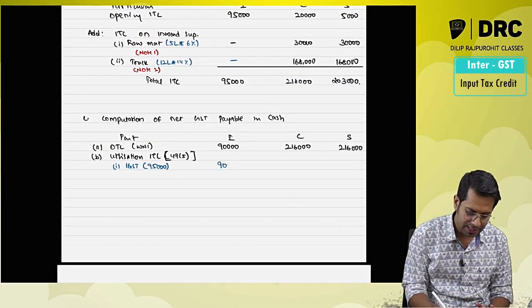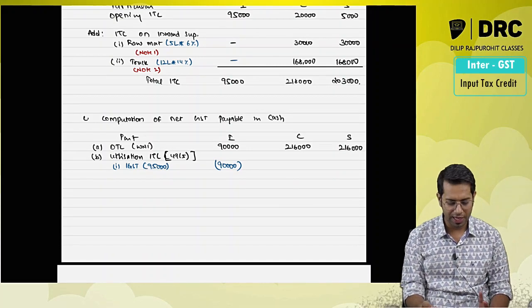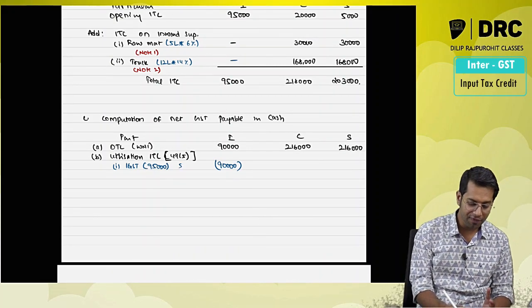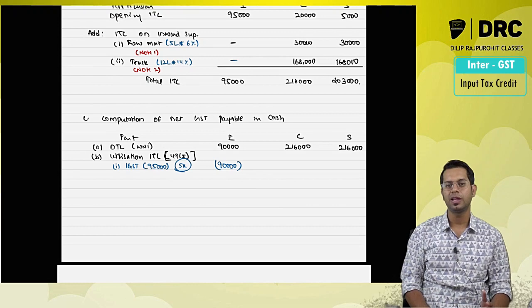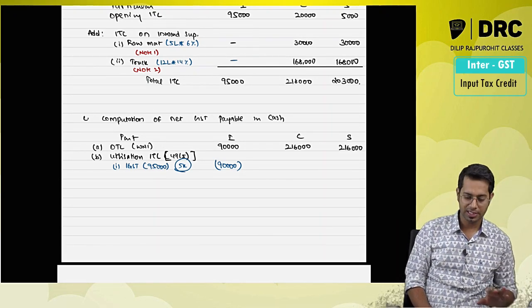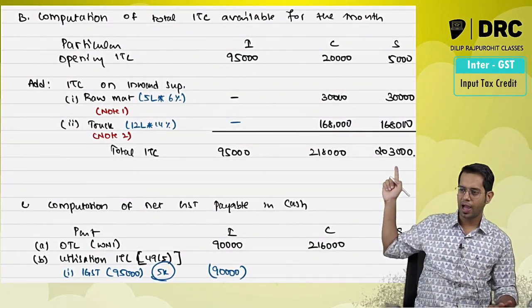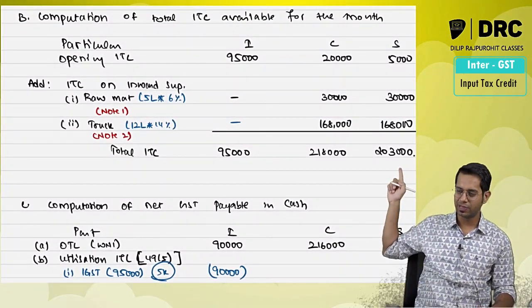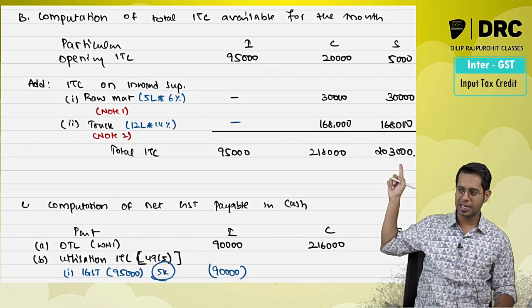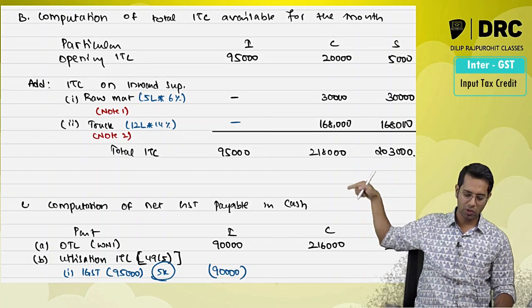How will I utilize this 95,000? IGST, first I will pay IGST. How much do I have to pay to IGST? Only 90,000. There is still 5,000 left over. Whom will I pay this 5,000? Now I can pay either to CGST or to SGST. By seeing the total credit, I feel that SGST has less credit with it, so I will pay it to SGST, because see, 2,16,000